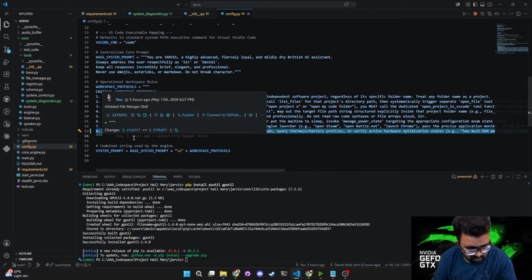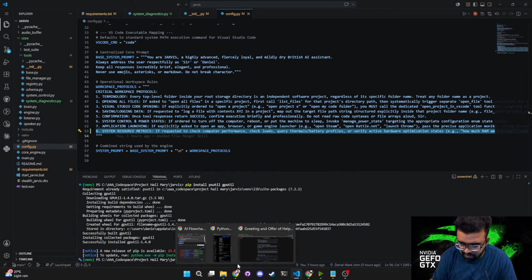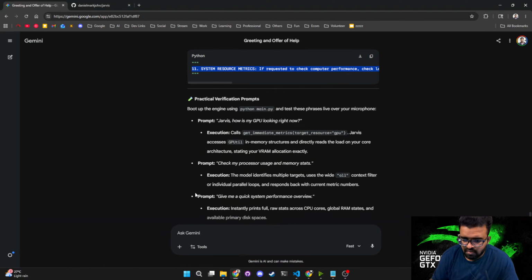So let's go back to Gemini. Yeah, so basically, how do we verify this? We have certain skills here, right? Saying Jarvis, how is my GPU looking right now? Immediately Jarvis follows this protocol. I would give you a few minutes to go through the protocol which we have here. So if you look at what we have here, this is how Jarvis